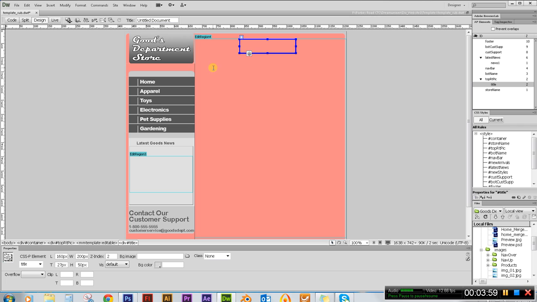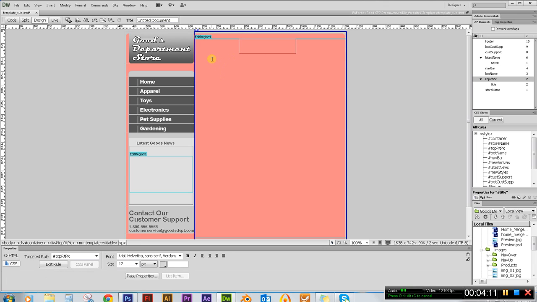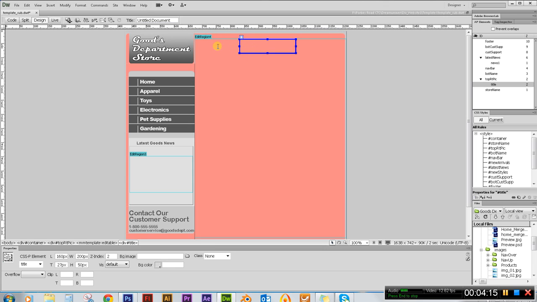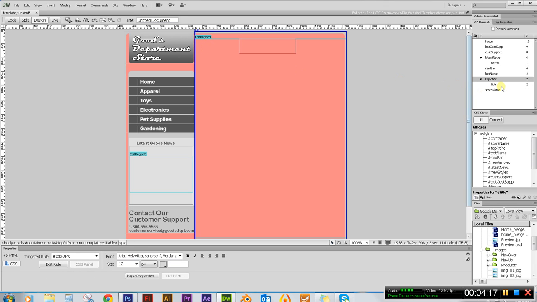And then what we want to do now is insert a box. We're going to have 3 columns and 3 rows, so 9 divs total inside here. 10 divs including this one here. So let's go ahead and click back in the top of the edit region,